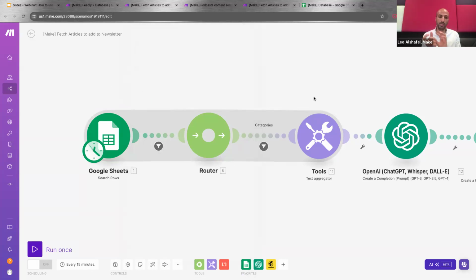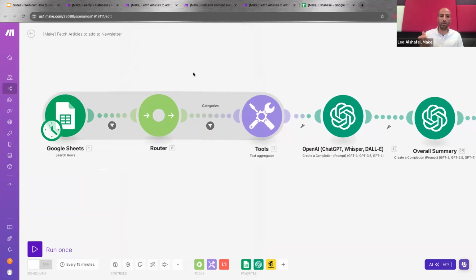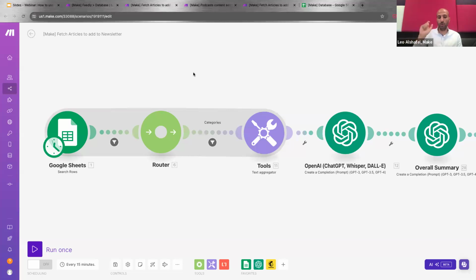Okay. So you are able basically to set the trigger to go look at the Google Sheet and only look at entries that have been added in the Google Sheet within the specific time frame. In your example it is 30 days, but it can be 7 days or 14 days, depending on how frequently you are sending this newsletter, correct?